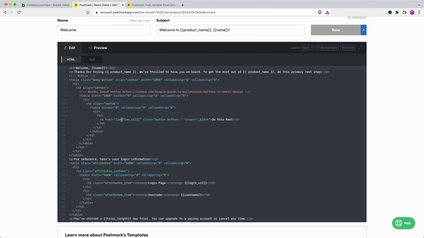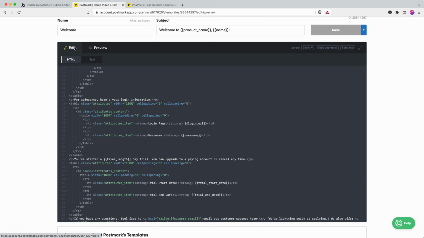And this is just the body content. To edit, we're not going to go into this in this video because it would take far too long. But to edit the styling of the email, you would do that in your layout. That's where you can change your button colors and obviously your logo. So here we have welcome, then it inserts the name. These are the merge tags. They can be pretty powerful. Product name, get the most out of product name. Great. We don't have an action URL,